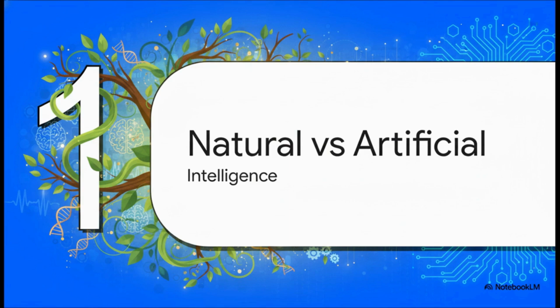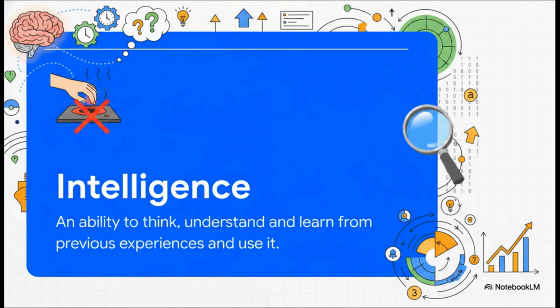Natural versus artificial intelligence. Before we even touch on computers, we've got to ask, what exactly is intelligence? Well, according to our text, intelligence is an ability to think, understand, and learn from previous experiences and use it in a given situation. And what's really crucial here, the real secret sauce, is that heavy focus on learning from previous experiences. Whether you're a human who touches a hot stove and learns, hey, let's not do that again, or you're an advanced machine analyzing millions of data points to predict the weather, intelligence is fundamentally about adapting based on